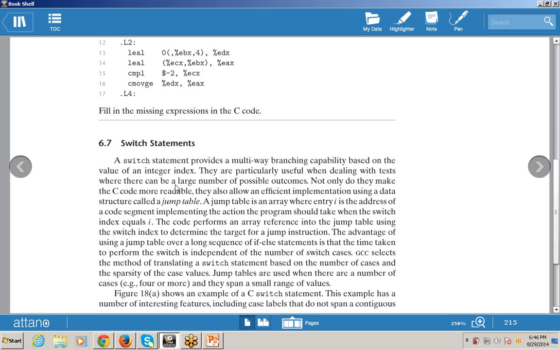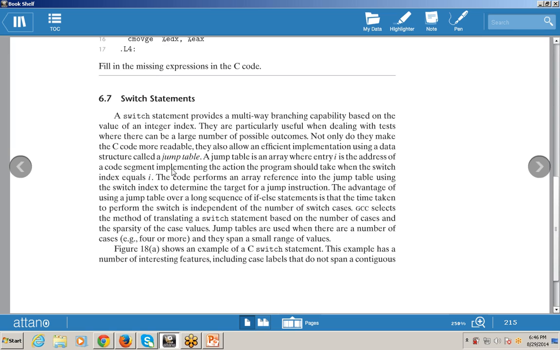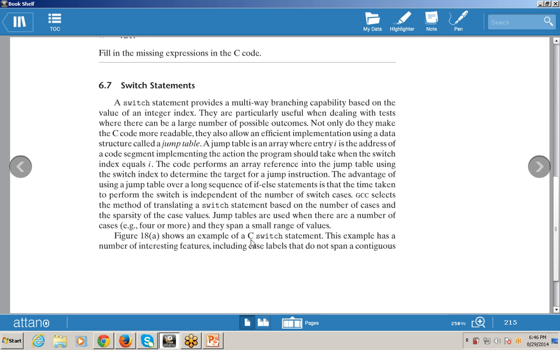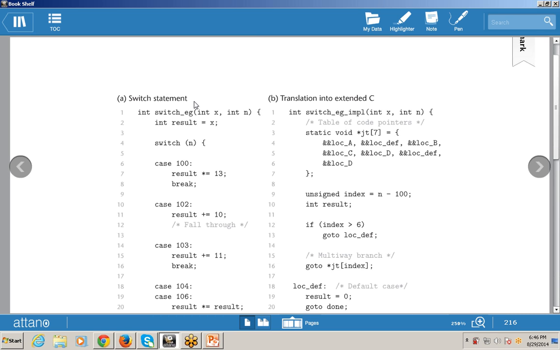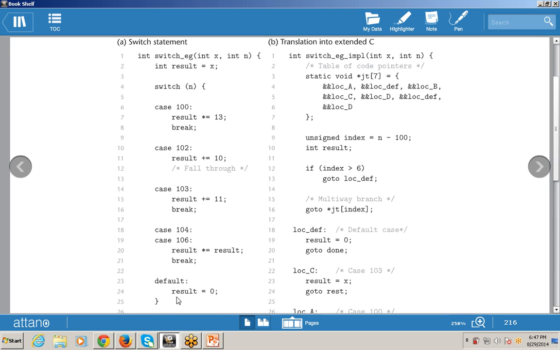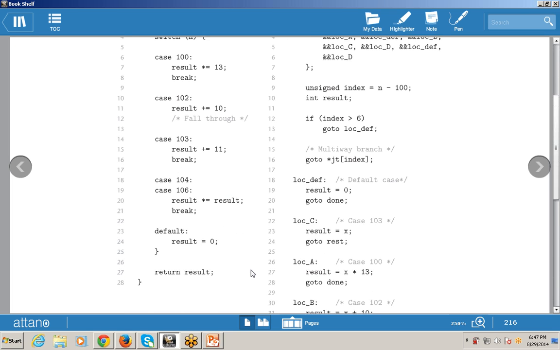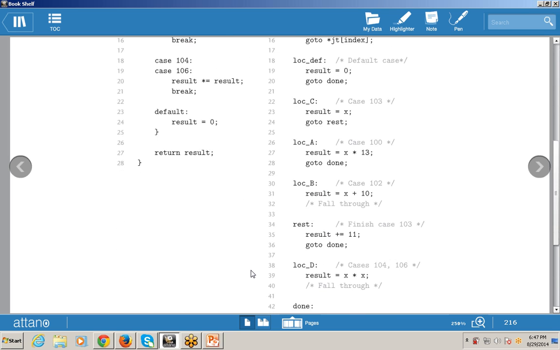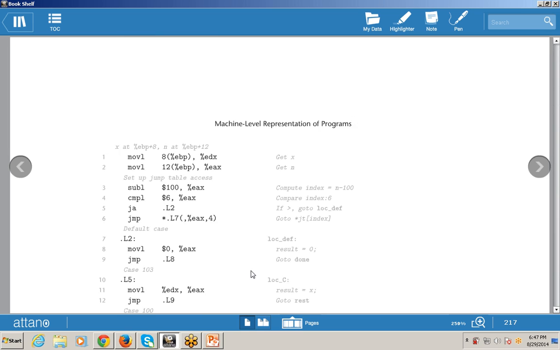Now, next is your switch statement, meaning how we can switch from one part to another part. That is performed by the jump statement or the switch statement. This is the syntax for switch, as I told you in the last class. How can we use the switch? First of all, using the switch, and then there is a variable n. Use the values. First of all, there is case 1, case 2, case 3, case 4, case 5 and case 6, and at last there is a default, that is result equals 0. So this is your switch statement.